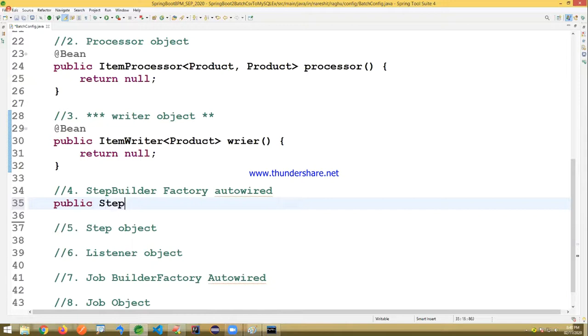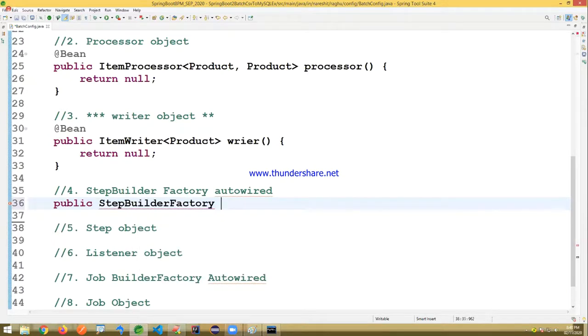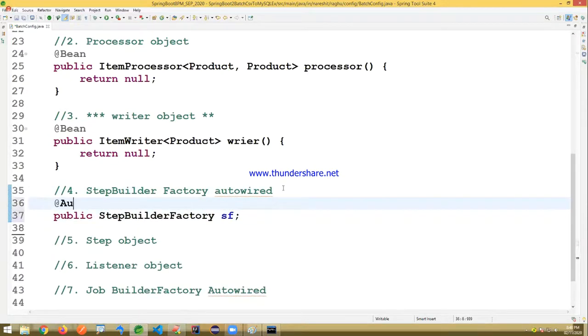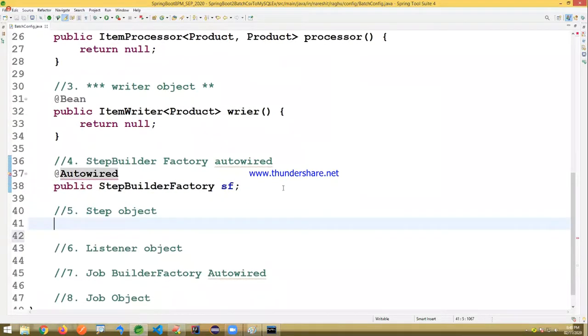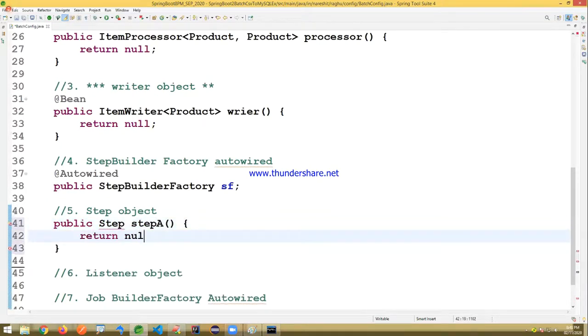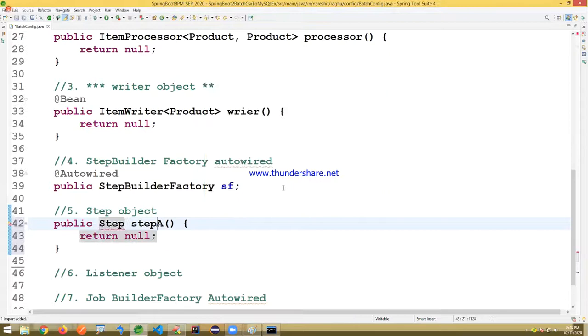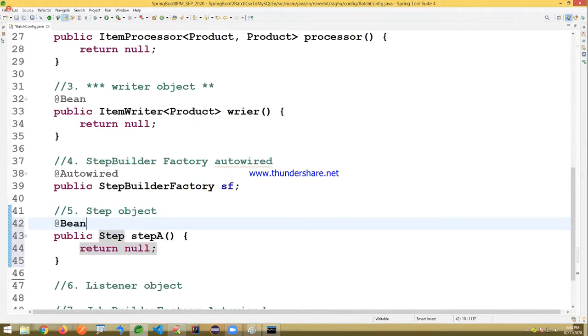And step builder factory I'm just taking here. SF. There I'm writing @autowired. Okay, step object I'm just creating. It's a public. Step I'm just writing step A. You can write any name, not an issue. Return null.